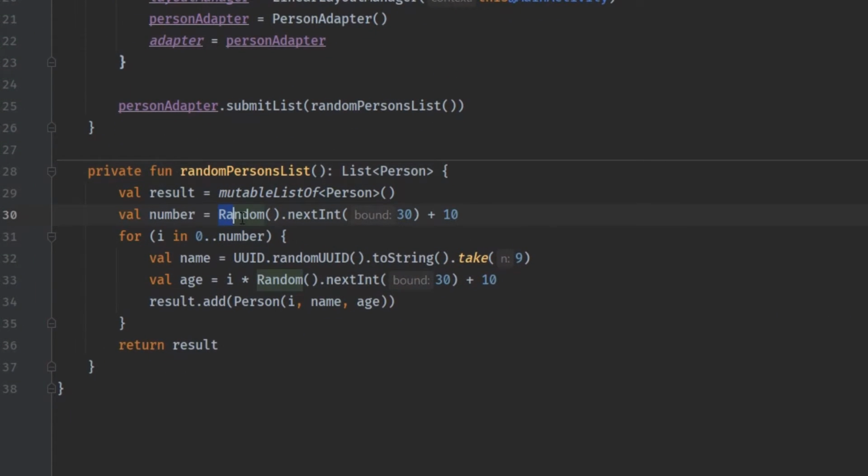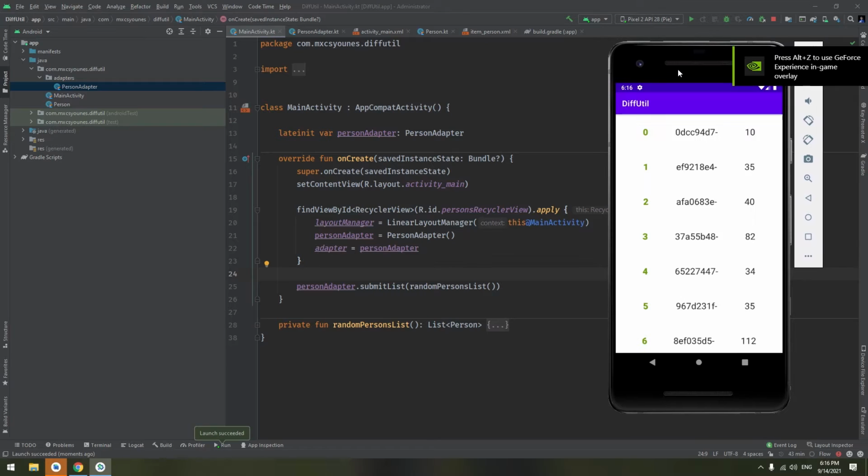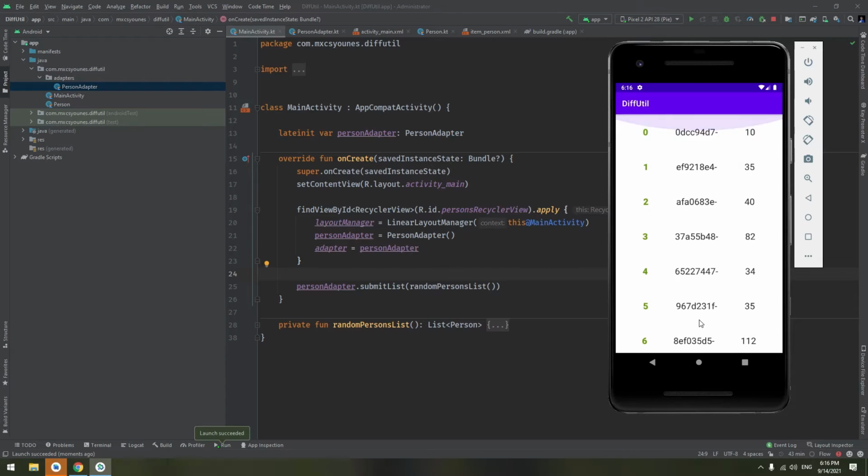It will generate a random number, and it will loop through this number, create a random UID, random age, and add it to the list. So basically it will work like normal. Let's check it. Great, and as you can see, it is working normally. This is a simple recycler view